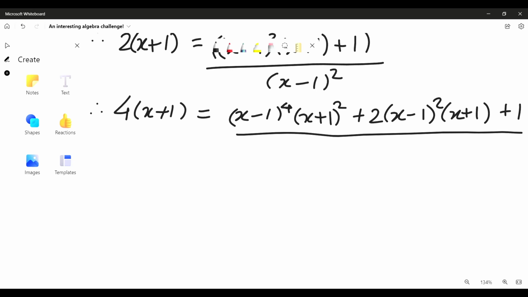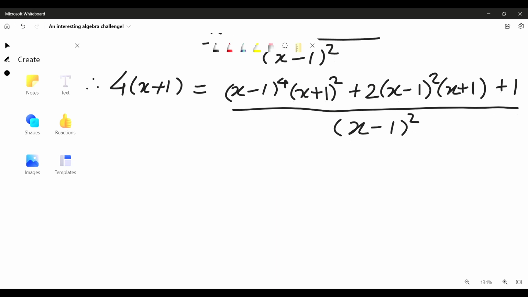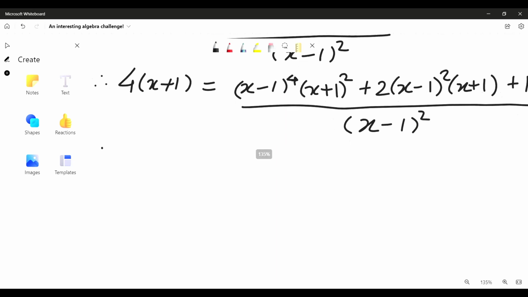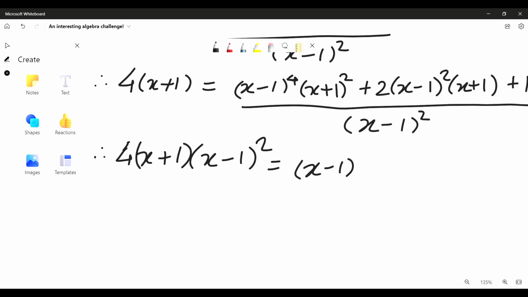So x minus 1 squared. We're really close. All we need to do is take the x minus 1 on the other side, and we get 4(x + 1) times (x minus 1) squared is equal to (x minus 1)^4 (x + 1)